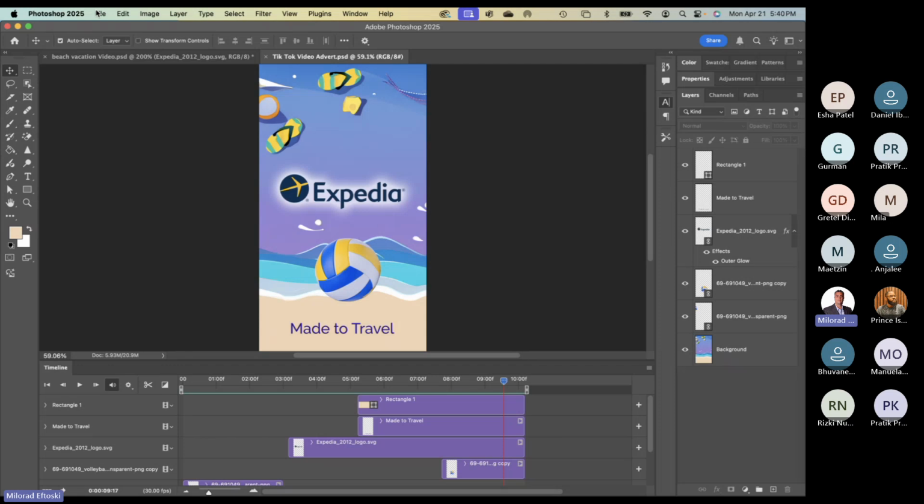you have to go to File. Okay. It's not under save as. You're not going to save a video from save as or export, right? Or save a copy, I mean. But what you can do is go to Export, all the way to the bottom here. You have what's called Render Video. So Render Video has the capability to export a video format from Photoshop into your favorite video extension. For example,